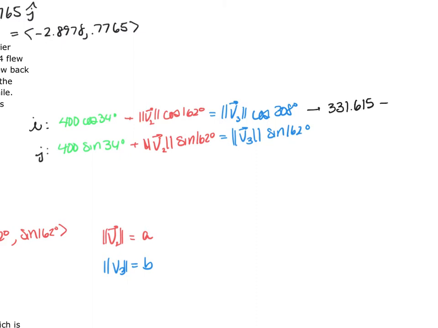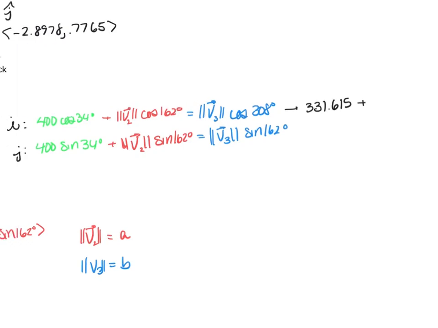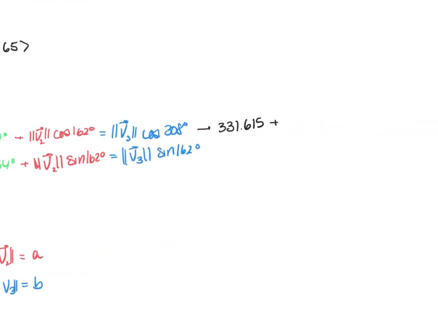And then plus the cosine of 162 degrees. Don't forget the 162, right? Yep, 162. And that is going to give me a minus 0.9511. And we're going to call this A, so the magnitude V sub 2 is A, is equal to